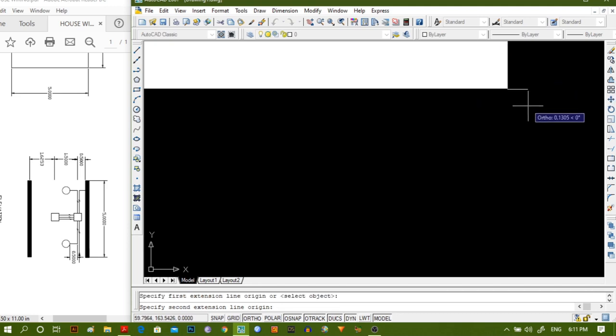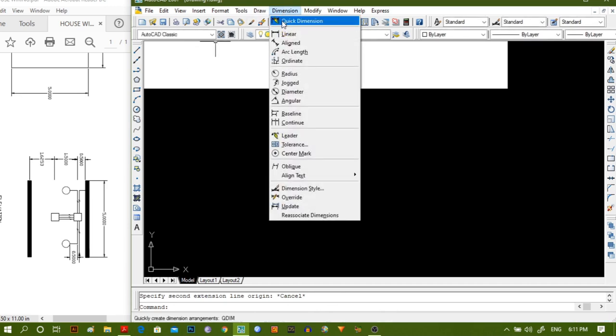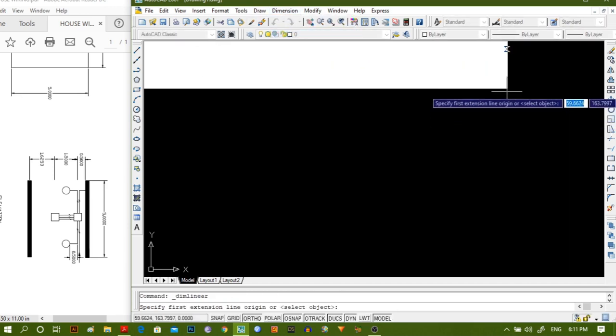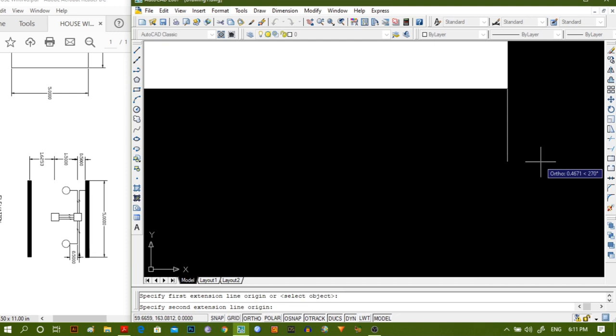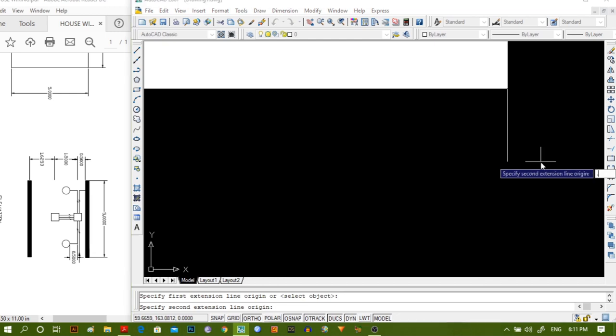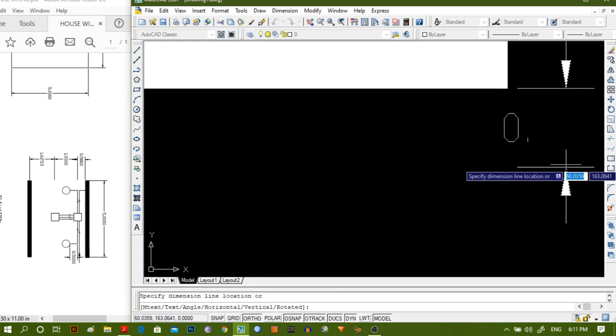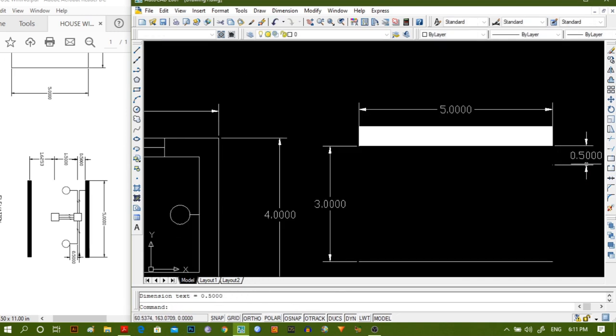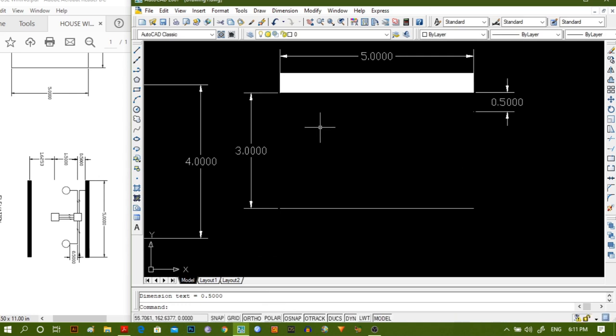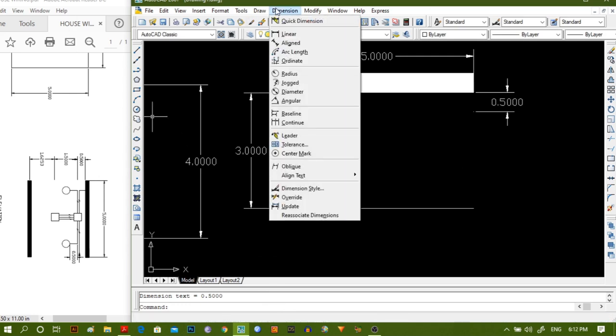So from this point it will be 0.5 meter. Then the next will be 1.5, that means 2 meter.